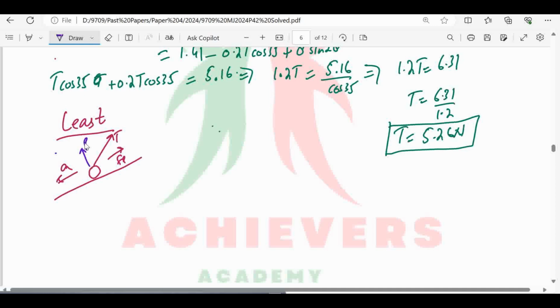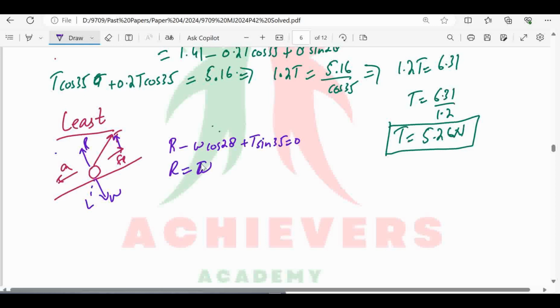So this one is R, and the weight component, we will have three forces here. So this will be R minus W, this one is base, so W cos of 28 plus T sine of 35 is equal to 0,